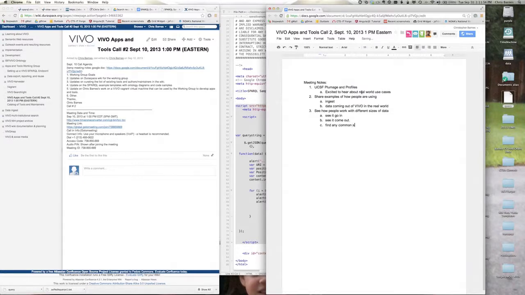Yeah, that's one of the goals definitely, to see if we can share common solutions. I think a lot of people early on when they work with VIVO are spending most of their time trying to figure out how to get the data in, and then after they've built up a good number of profiles and it looks pretty good, they're like, okay, how do I get it out? And everyone seems to be at a different phase. You've got the early adopters and the people that have come on recently. So we're definitely in the how do we get it out phase.